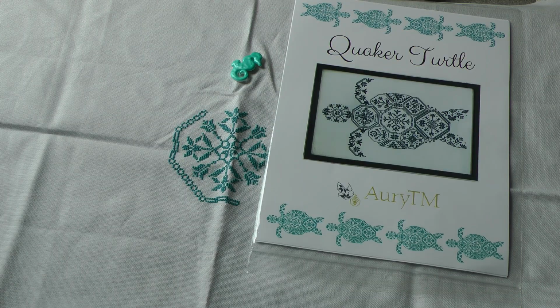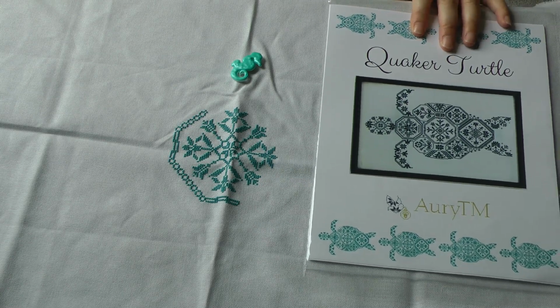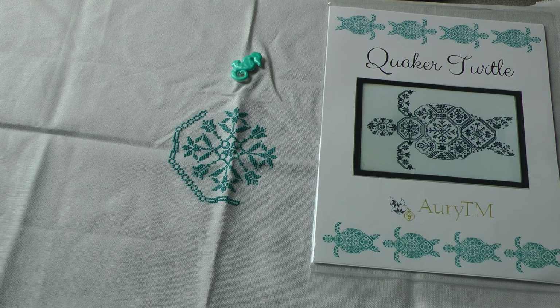47 is my birthday start for this year, which is RATM Quaker Turtle. I've gone for a 32 count Silver Moon Murano. I'm using DMC 3810, should I say,